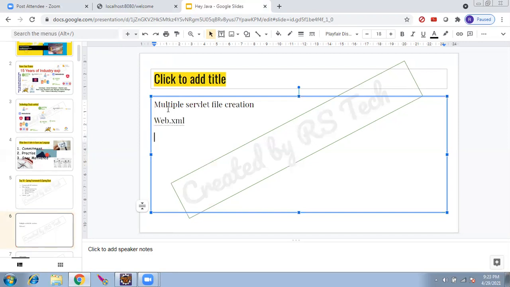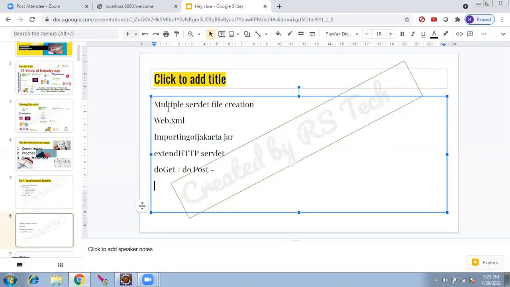Third, importing the Jakarta jar is not there. Fourth, extending HttpServlet, we didn't do this. doGet and doPost.